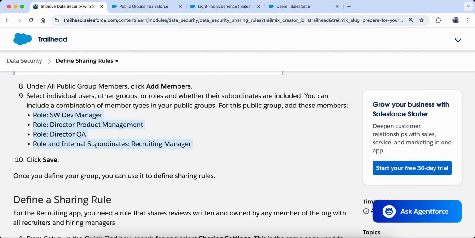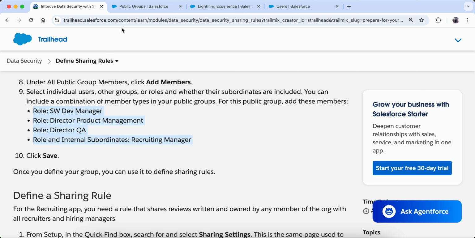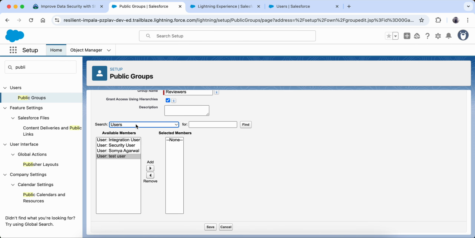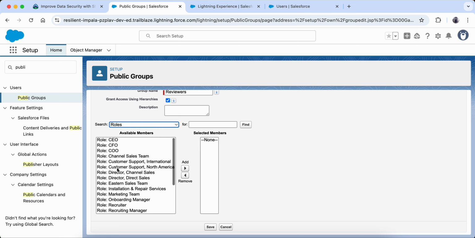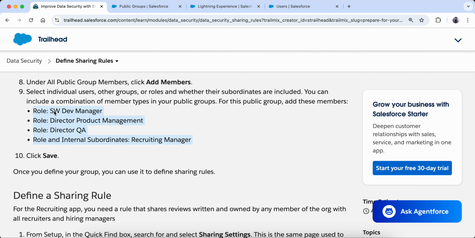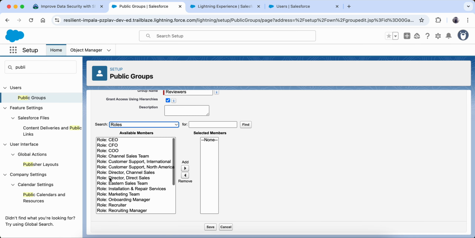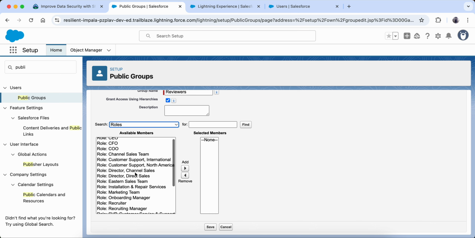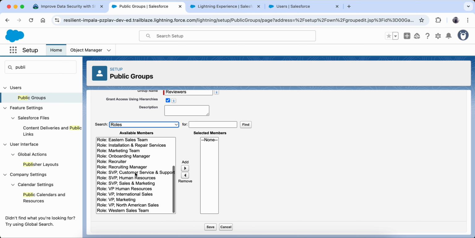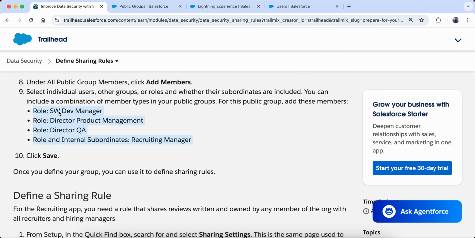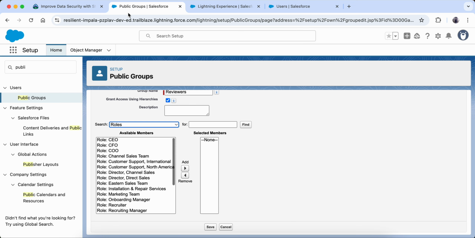Now select individual groups, users, groups, or roles. You can include a combination of member types for this public group. Add these members. Role. They're asking to add some roles for this one. Let's see, I don't think we have these roles. Dev manager, director, product. Yeah, so these are some of the roles which have been created. What they are saying is director, product management, director QA,